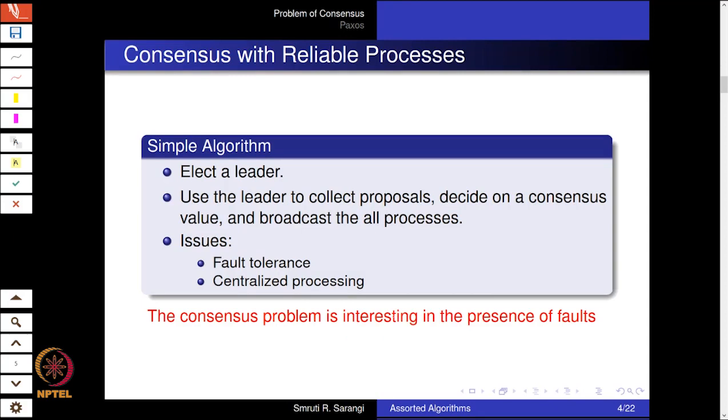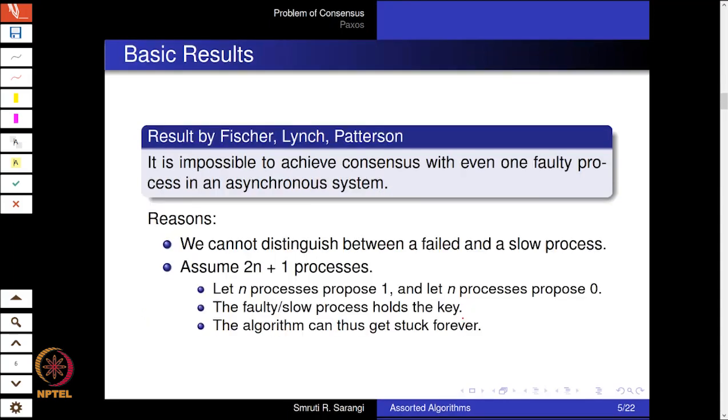So why is this consensus problem that interesting? Well, because we are going to consider faults, and that is because faults always happen in the real world. The reason that I was not able to book my ticket in many instances was basically because there was a failure at some point. Either there was a failure in the network, or there was a failure in the credit card authentication process. So these failures are what give a real world feel to the problem.